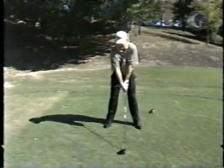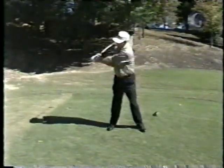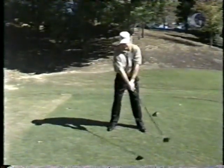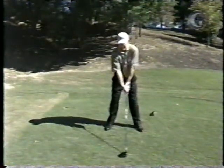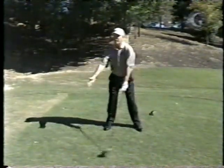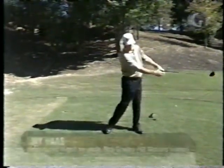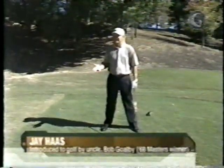When I was younger, I used to cock the club up pretty quickly and get the club real close to me at the top of my swing. And this was maybe when I was 13 years old, 14. And my Uncle Bob told me he thought that I needed to take it away a little bit longer and lower and get more width in my backswing and through. And so without videotape, we're talking back in the 60s,